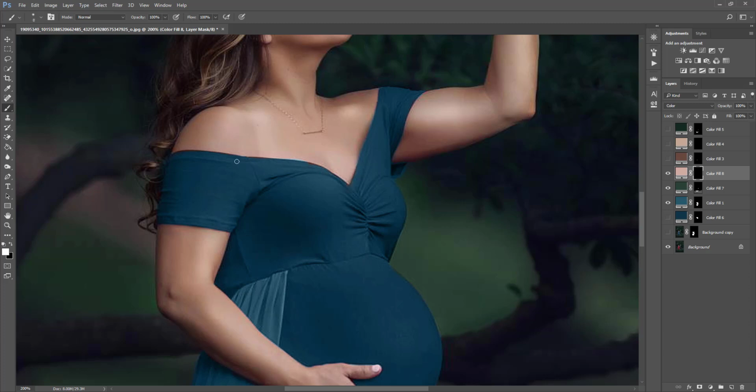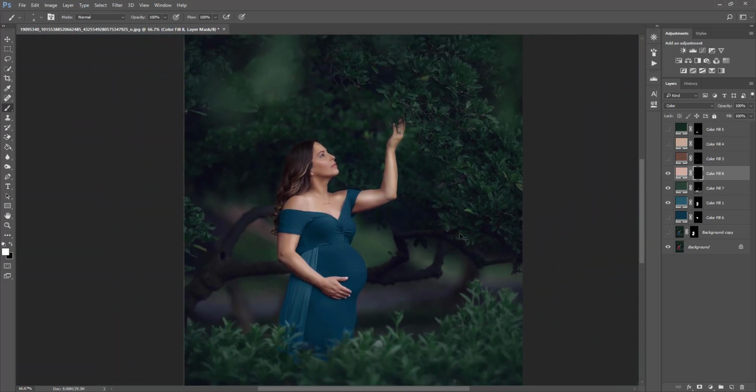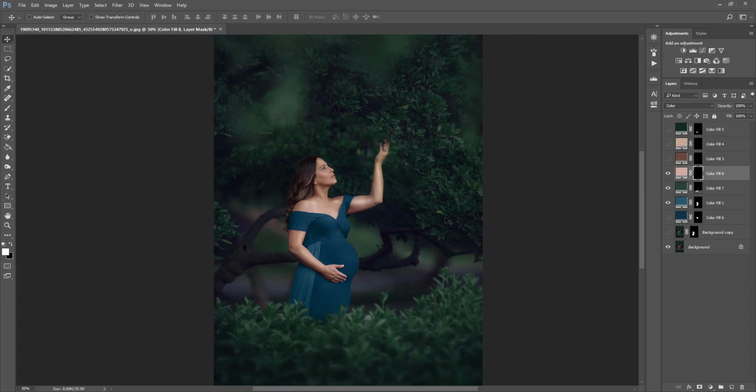If you make any mistakes, see I got some on the dress here, just select a black brush. And that's how you can completely change the color. The reason why I like doing it manually more than the other one, which is great for quick changes, is you can go back,